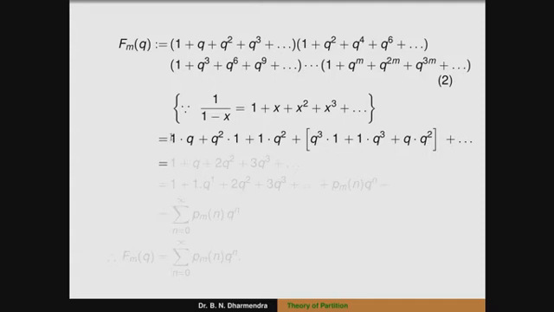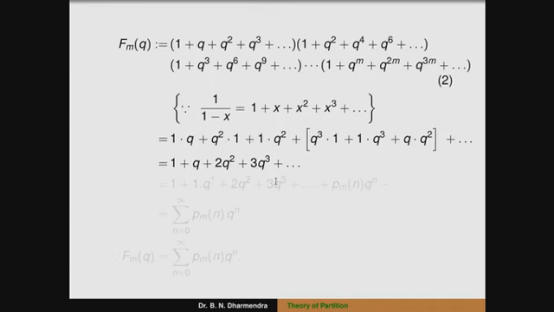So it can be rewritten as 1 plus q, that is 1 into 1 into 1, that is 1. Again the next one is 1 into q. The 1 plus was missing here, that was a typing error: 1 plus q plus 2 times q square plus 3 times q cube. You can observe here 3 times q cube. That is the partition of p naught, that is 1; partition of 1, p of 1, that is 1; partition of 2, that is 2; partition of 3, that is 3.